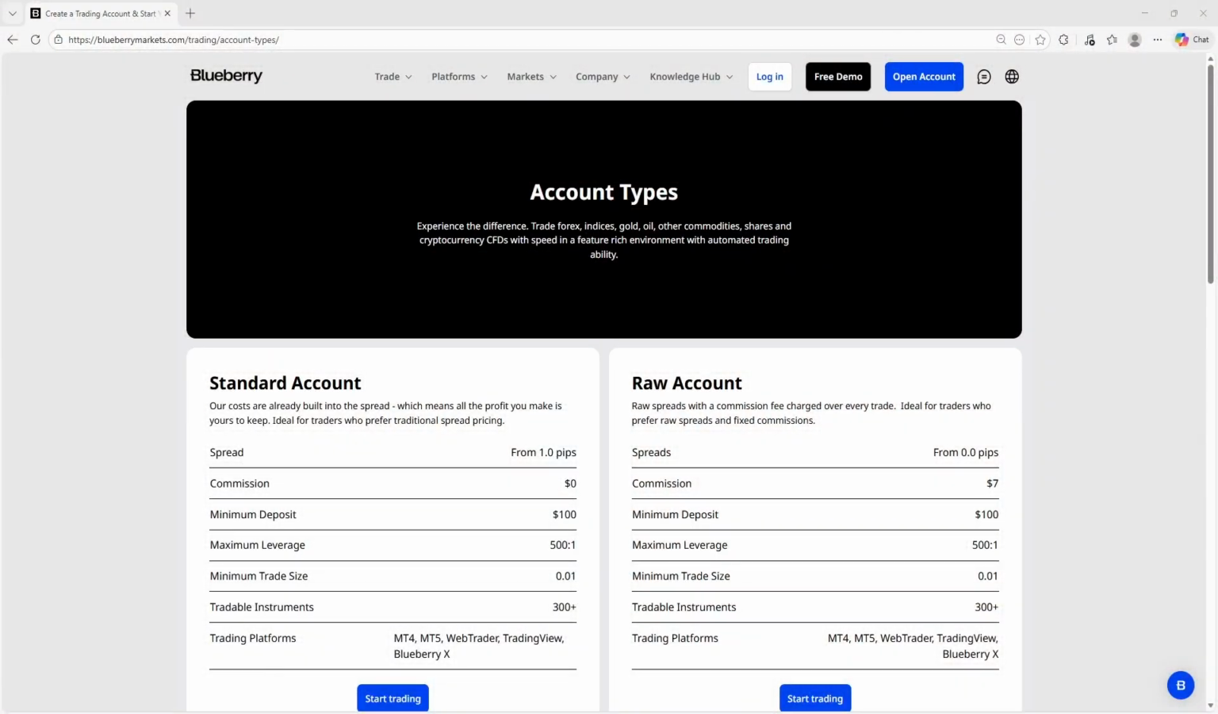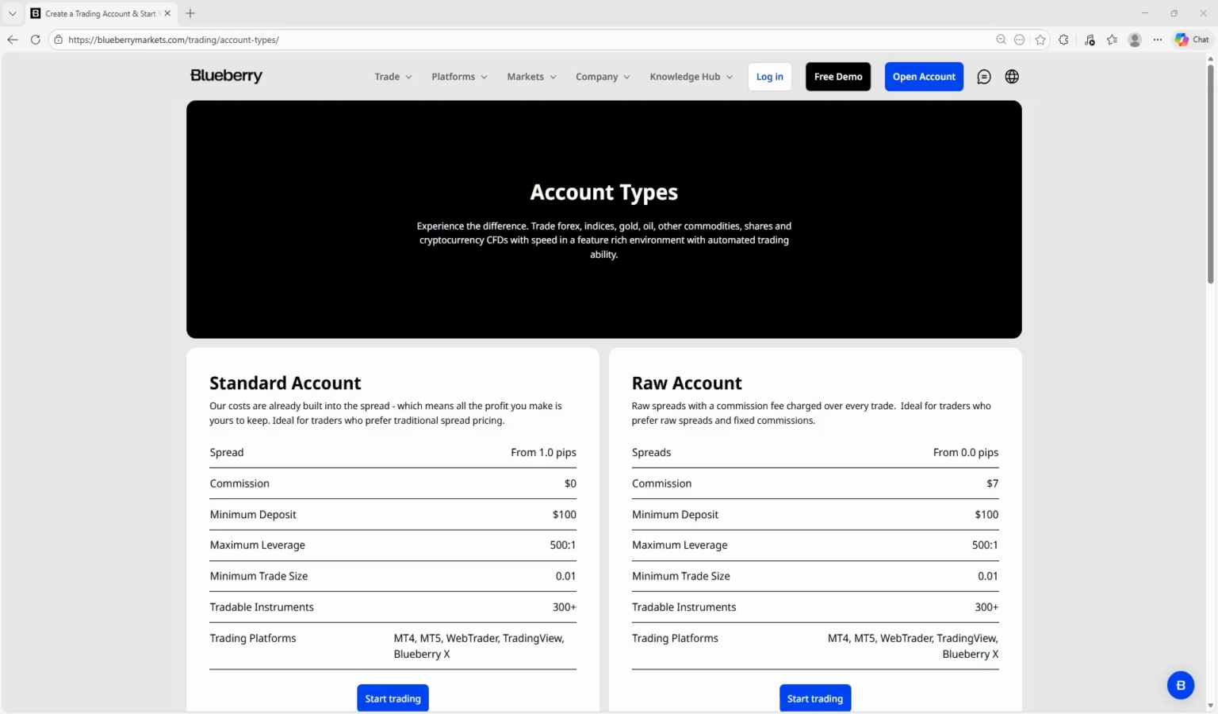Blueberry structures its pricing around two clear account models, keeping costs transparent and execution focused rather than layered with confusing add-ons. The standard account rolls all trading costs directly into the spread, with spreads starting from around 1 pip and 0 commission applied. This setup is designed for traders who prefer simplicity, predictable costs, and not having to calculate per trade fees. The minimum deposit sits at a reasonable level, making it accessible without pushing traders into over-leveraging just to